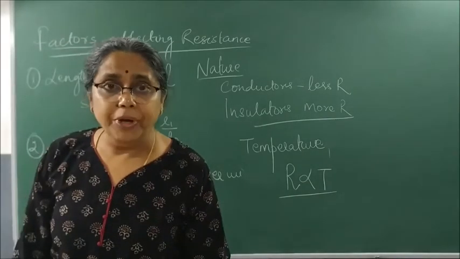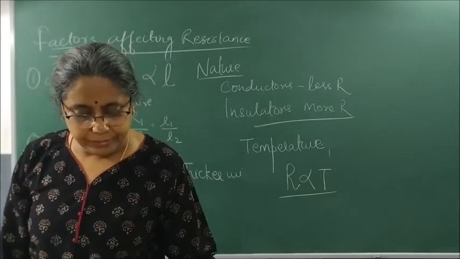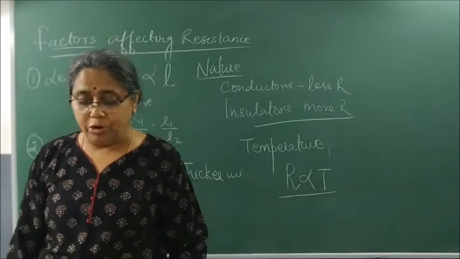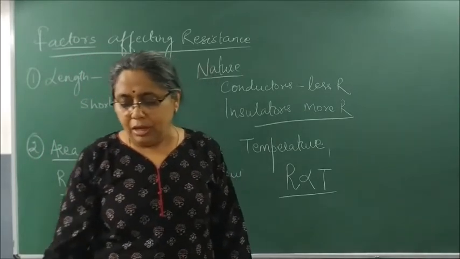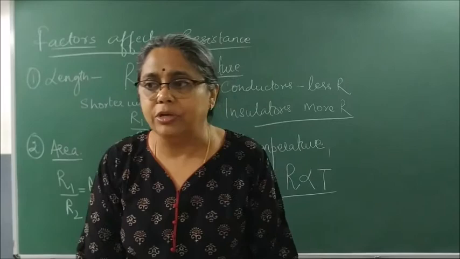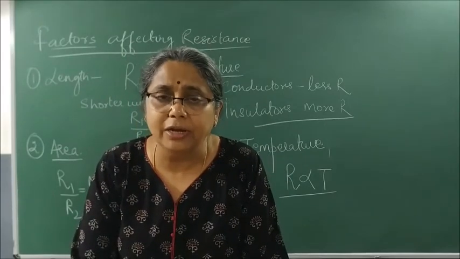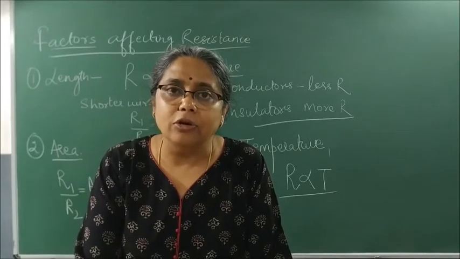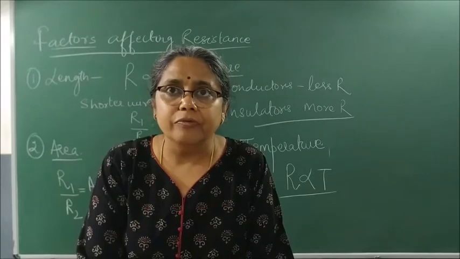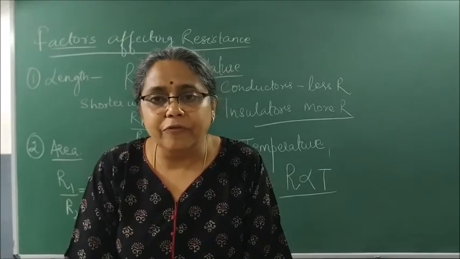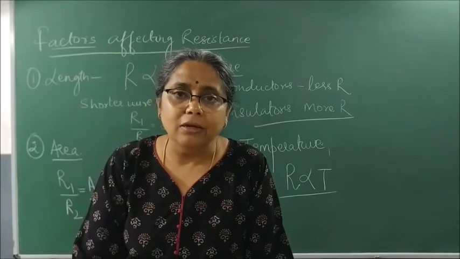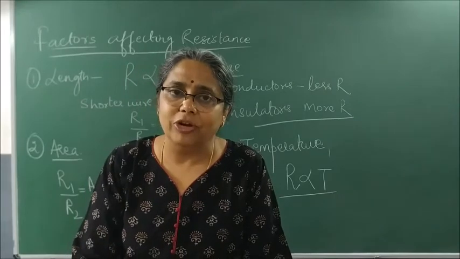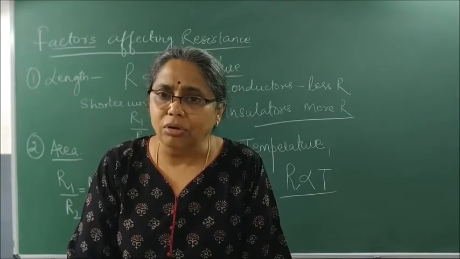Okay, so now open your textbook to page number 205. I think old textbook 205. I don't know the new textbook. Okay, we had finished activity 12.1. Did we finish activity 12.1? We said it basically proves that as the potential difference increases, current also increases. We took 4 cells of 1.5 volt each. We kept on adding one cell to the circuit in series. So as we increase the potential difference, we found that the current also increases.